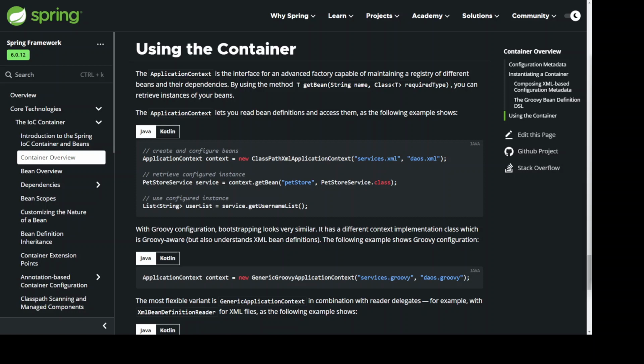ApplicationContext context = new ClassPathXmlApplicationContext("services.xml", "daos.xml"); // retrieve configured instance. PetStoreService service = context.getBean("petStore", PetStoreService.class); // use configured instance. List<String> userList = service.getUsernameList();